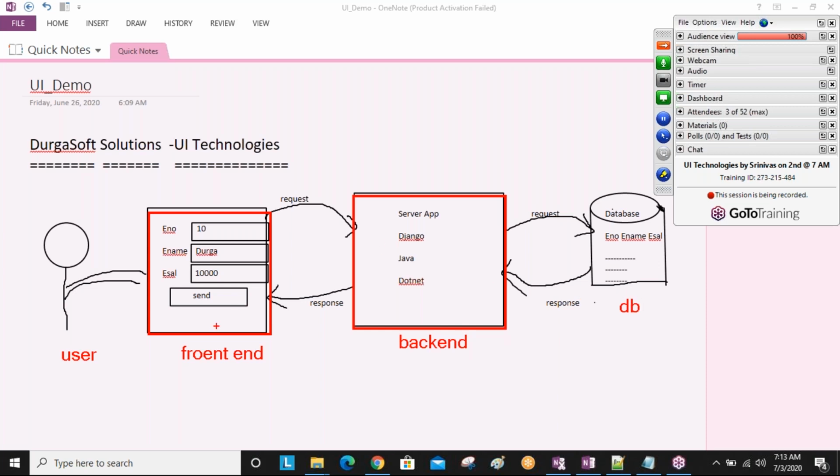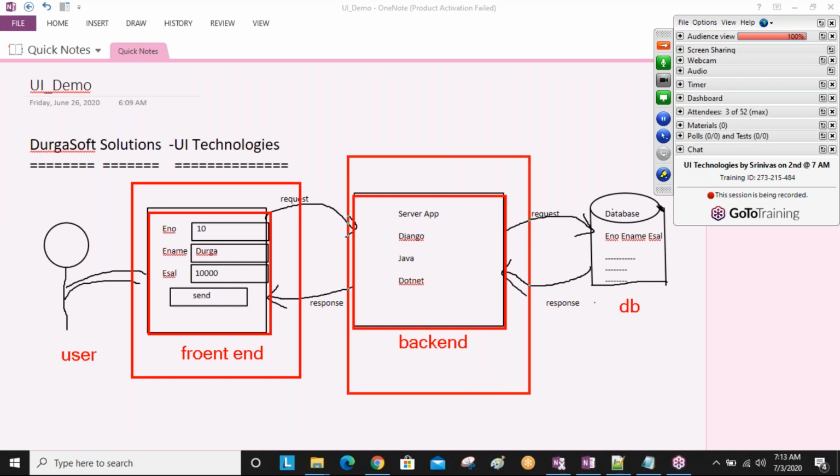So when you are developing an application, every website or application has two ends, the front end part and the back end part. The front end is this one, and the back end is this one. A back end developer also has knowledge about the database.